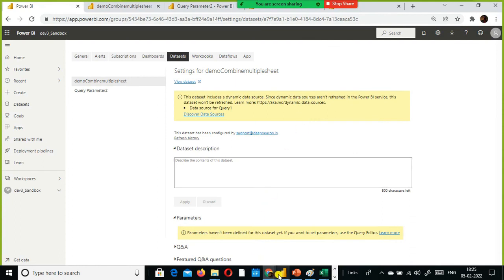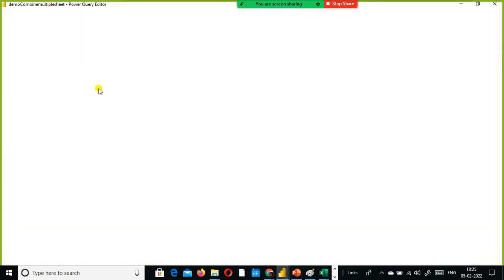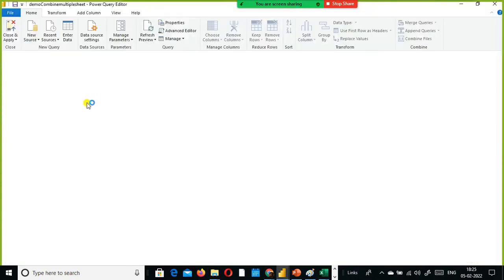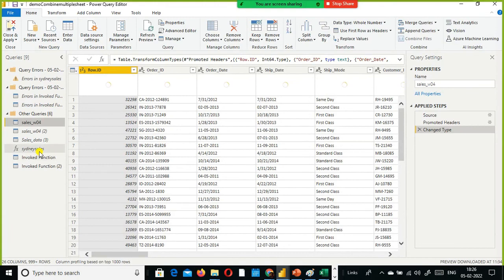Okay, now you tell me what is the advantage of creating the function here. Why did I convert this into a function? What is the advantage of it? You can apply the same transformation to multiple folders, isn't it?